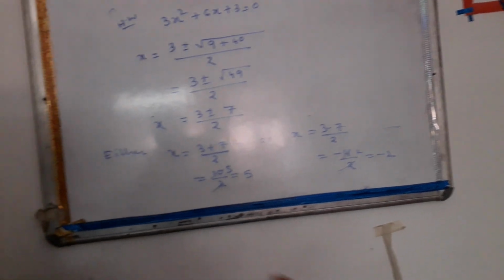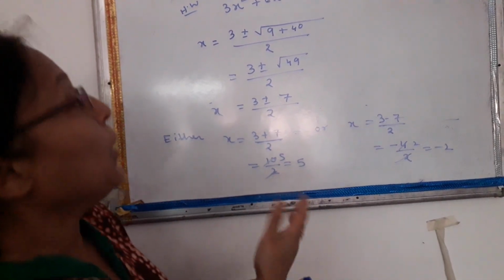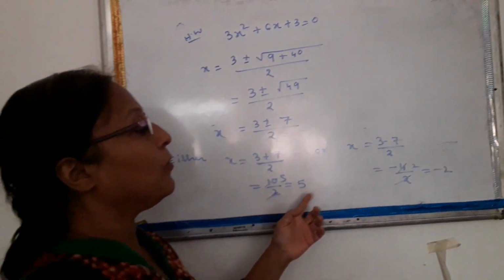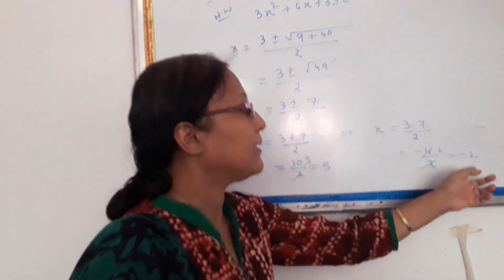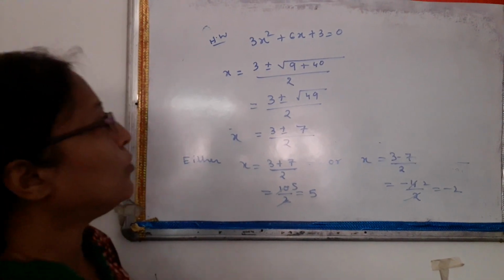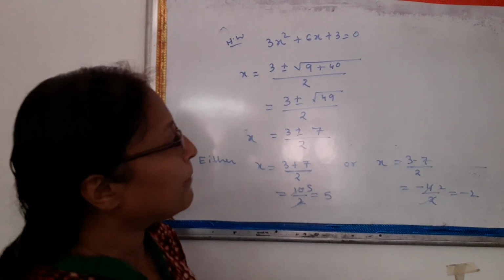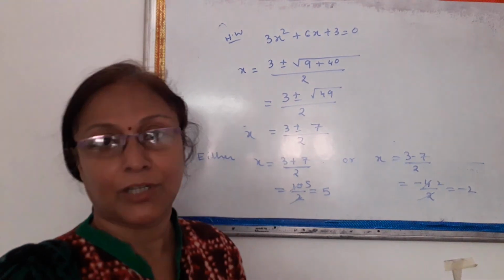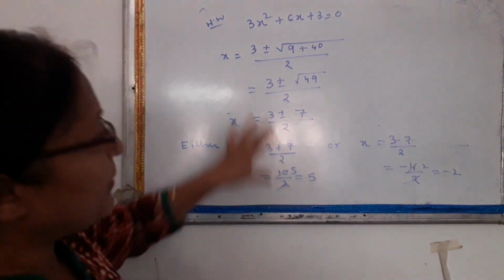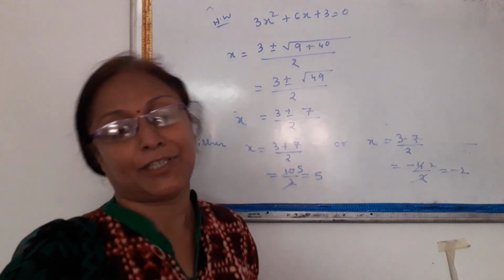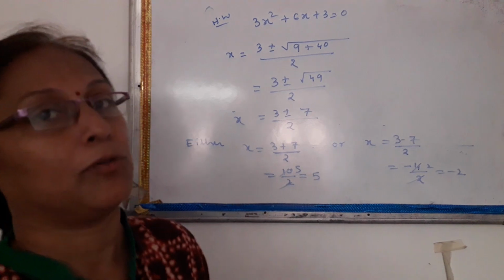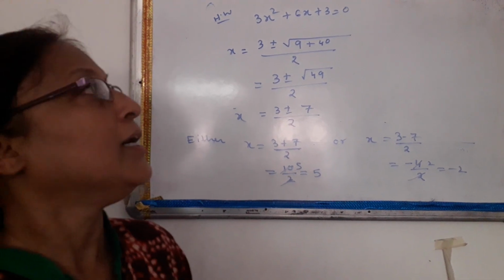Ultimately, the last question we completed with factorization. Same values we have got in that question, 5 and minus 2. Here also the same values, but we have to know all the methods, because if in the paper it is mentioned by factorization, you have to follow that method. If it is by formula application, this one. And if it is not mentioned by which method you have to do, you can apply any method which is comfortable for you.